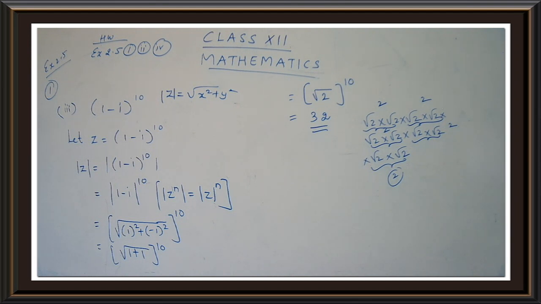Okay, now let's move to the second question. Take down the second question, children. For any two complex numbers Z1 and Z2 such that modulus of Z1 is equal to modulus of Z2 is equal to 1 and Z1 Z2 is not equal to minus 1, then show that (Z1 plus Z2) upon (1 plus Z1 into Z2) is a real number.